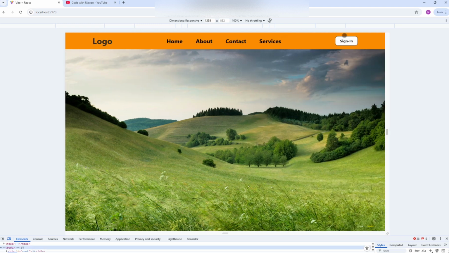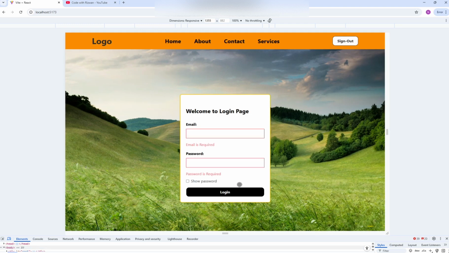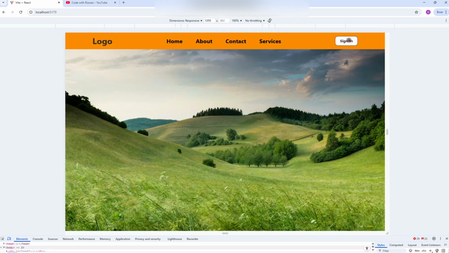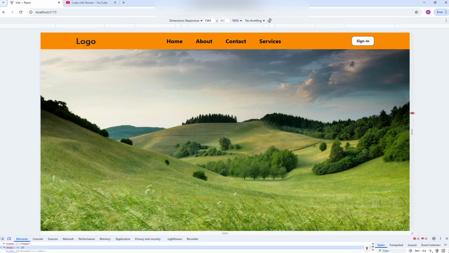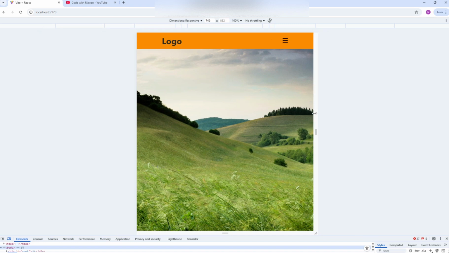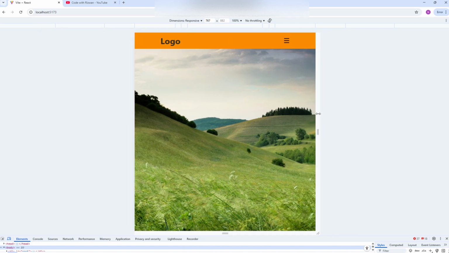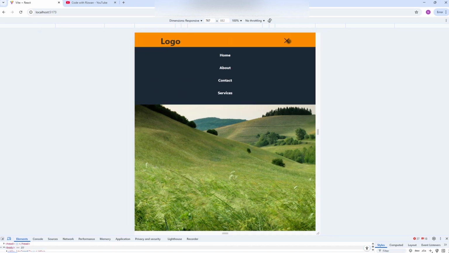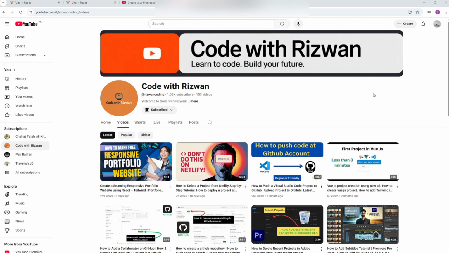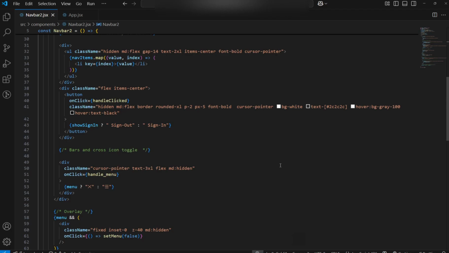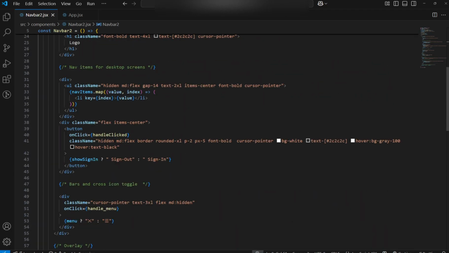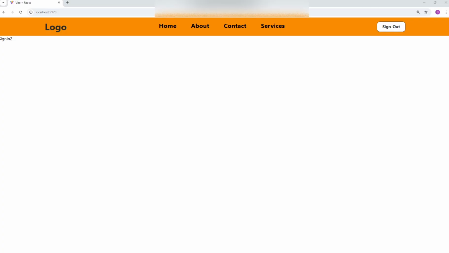Now on small or medium screen size in Tailwind CSS responsiveness, the md screen size starts from 768 pixels. So on this I have added a breakpoint that is handling its toggle menu. On large screens it is also handling the main form, which is the main topic of today's video: how to implement validations on a form.